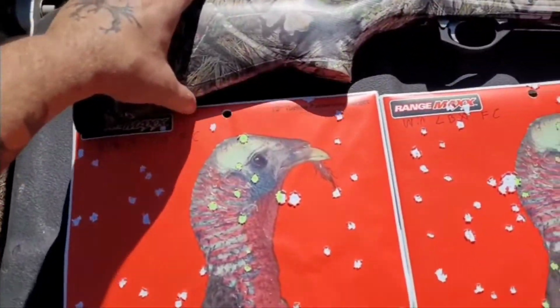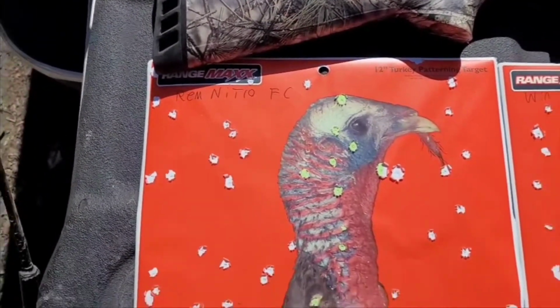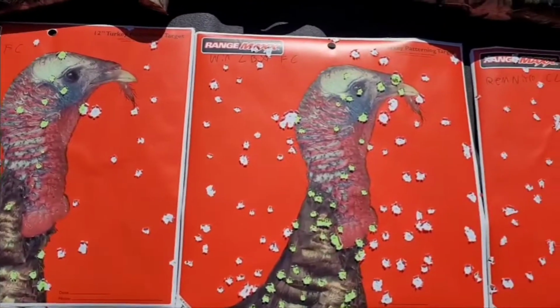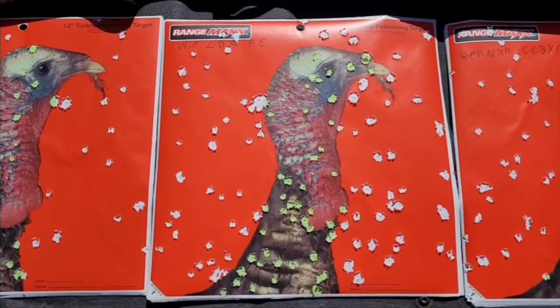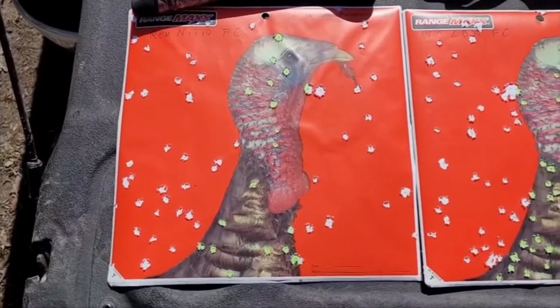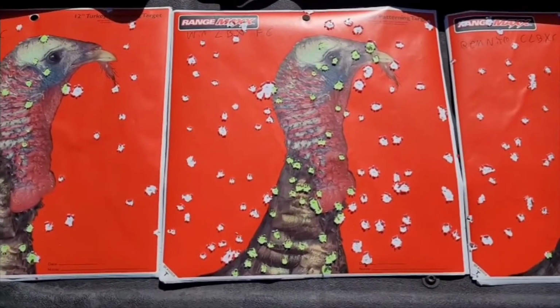Alright, so here's the final results. I've got the Remington Nitro with the full choke, and it did okay. You got several of them in the kill zone. Then you got the Winchester Longbeard with the full choke, which you can see has a lot tighter pattern. You definitely got a lot more in the kill zone than you did with the Remington Nitro, using the same